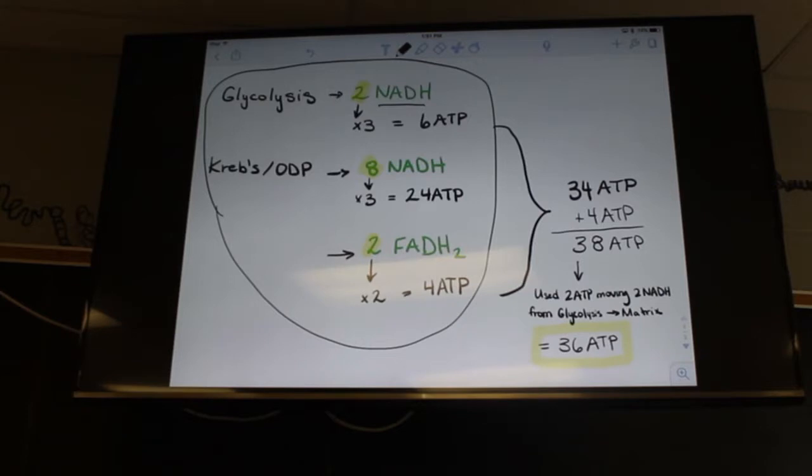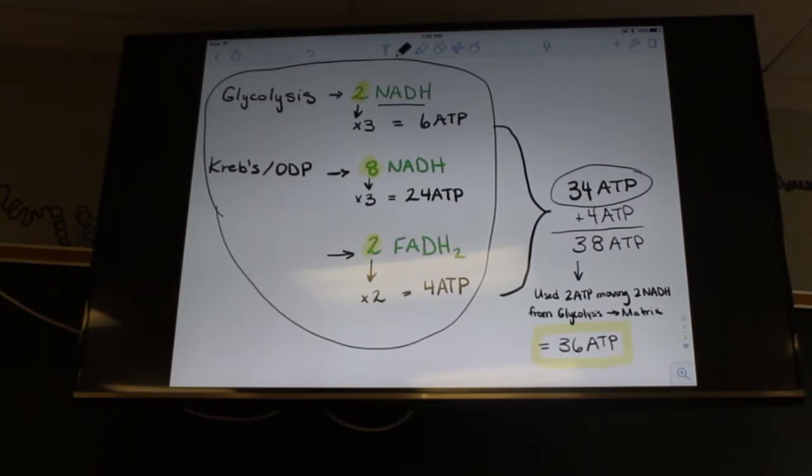In Krebs and the link reaction, there's a total of 8 NADH made. Each one makes 3 ATP for a total of 24 ATP. And then we also have the 2 FADH2, each of which makes 2 ATP for a total of 4 ATP. So adding that up brings us to 34 ATP. Then we'll add this to the 4 ATP that was made